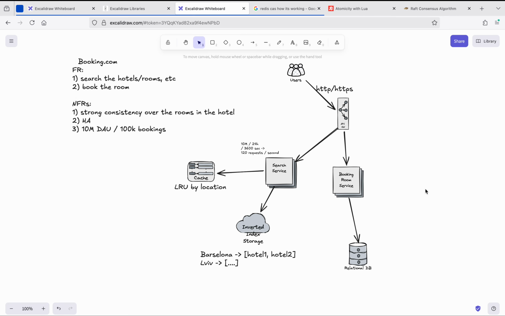But I should say that it will be some database such as Postgres, because in general there is a lot of functionality available for this database, and